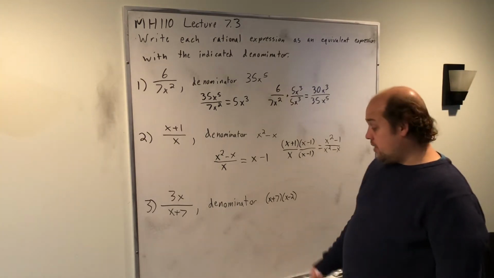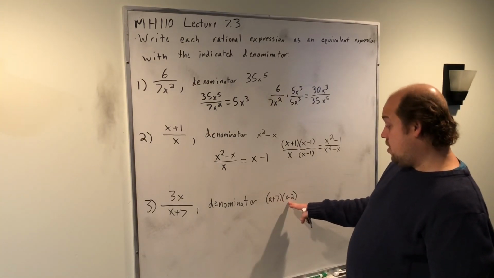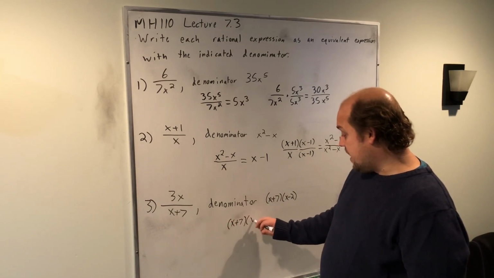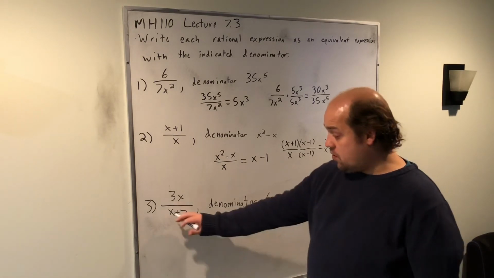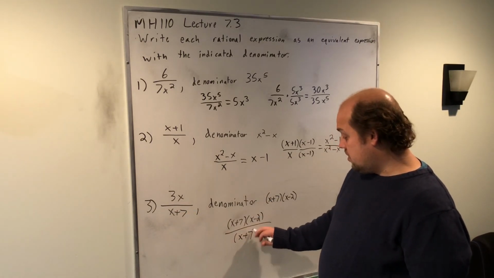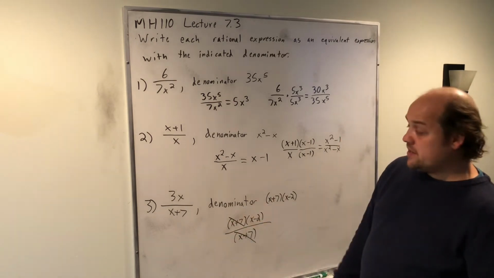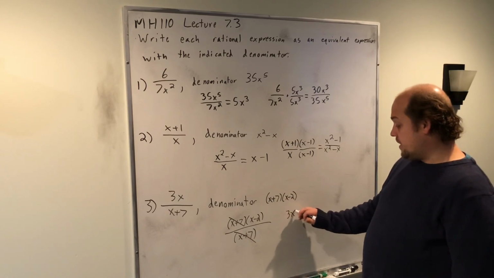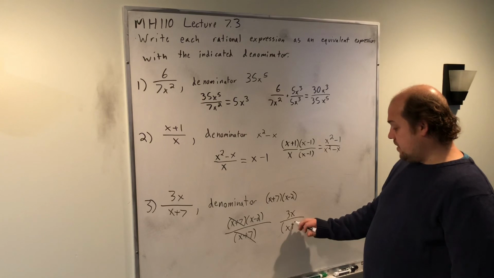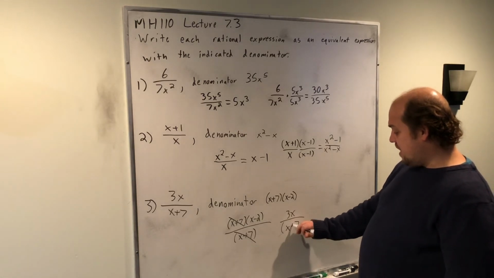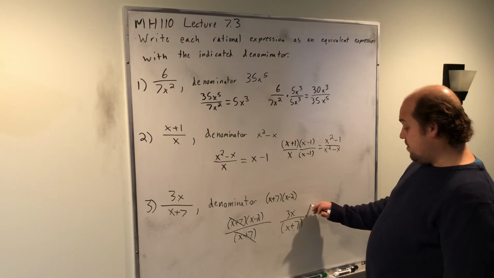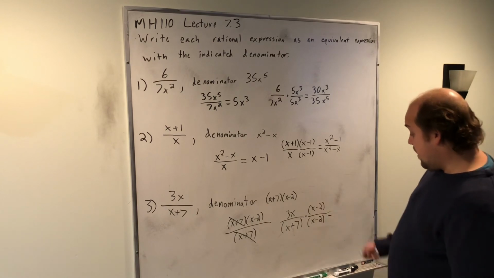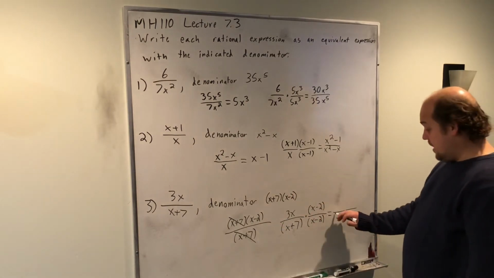When we get to problem 3, we want a denominator of x plus 7, x minus 2. If I take that denominator we want, x plus 7, x minus 2, and I divide it by the current denominator, x plus 7, you'll see that what's left is an x minus 2 that we're going to have to multiply top and bottom by. So we write the equation, 3x over x plus 7. Sorry, I didn't love that plus. So x plus 7, we're going to multiply it by x minus 2 over x minus 2. That way the bottom of our fraction is what we wanted, x plus 7